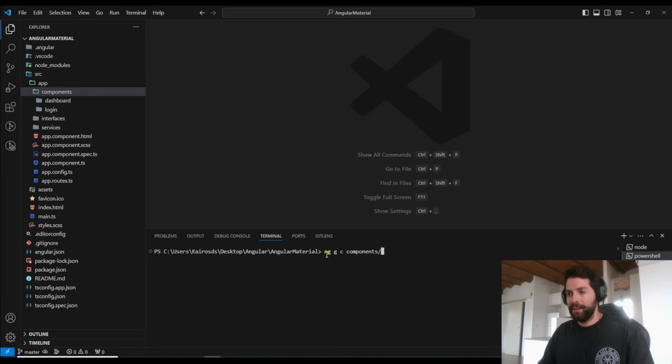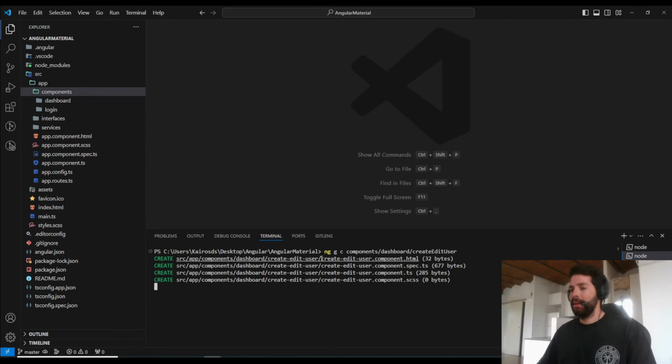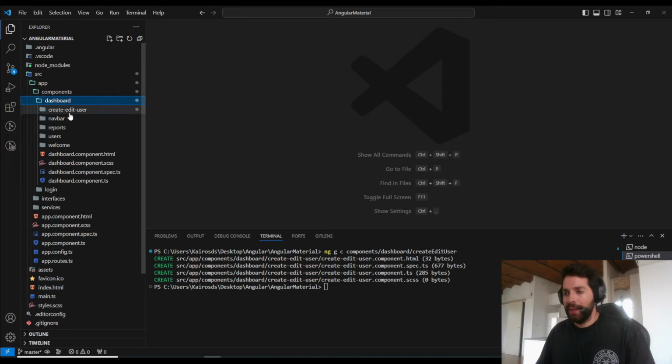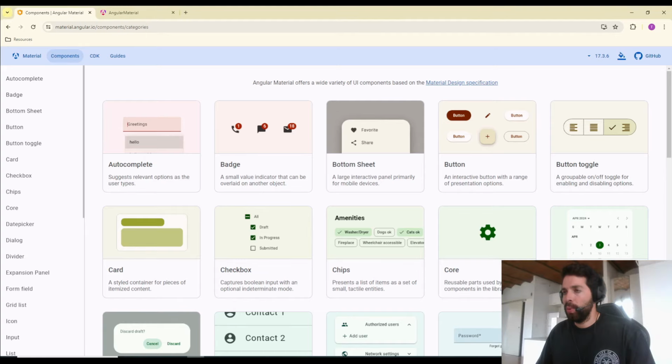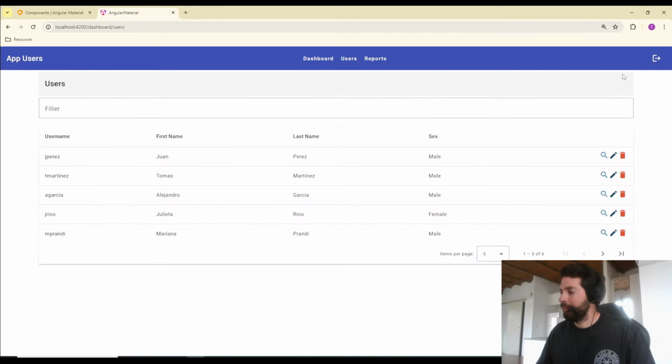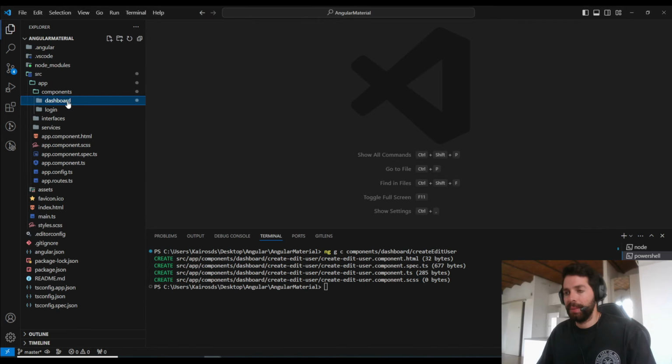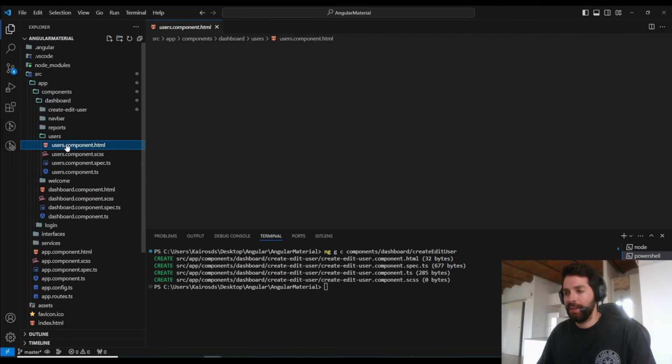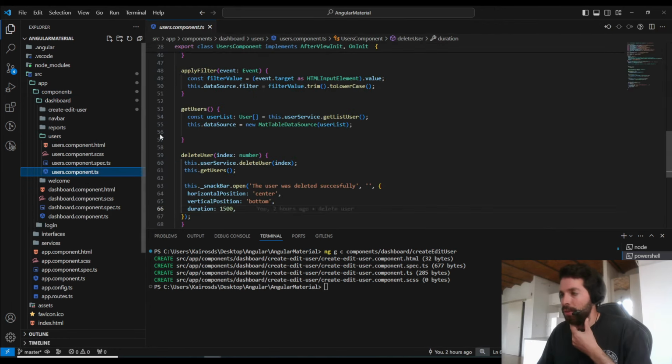Components, I need to put the paths. It's going to be within the dashboard, and the name of the component is going to be create edit user. Okay, here we have the component, and now I want to put a button here. So let's go to this component that is users. Here we have the component users, and the first thing that we need to add is